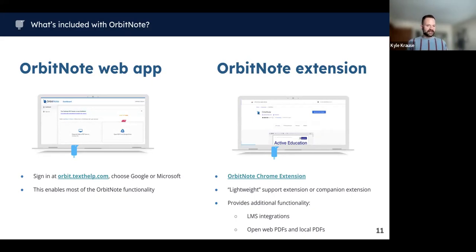orbit.texthelp.com. It's going to have you sign in. Again, you'll use the same email and sign in that you would use for your Read&Write license. The web version is really meant for the teacher side of things as you're preparing to send something off to your students. So really, the web app is meant for that teacher as they first share out that PDF